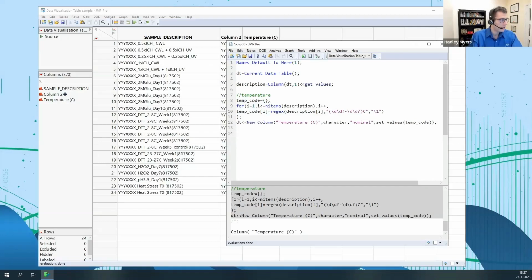And what should we do next? Let's grab our time. So time is going to work exactly the same way. We're going to create a container for time. We're going to loop over descriptions for time. And now what do we want? We want our time code equals regex. And so what does this look like? It looks like, well, first of all, we've got our description, followed by,